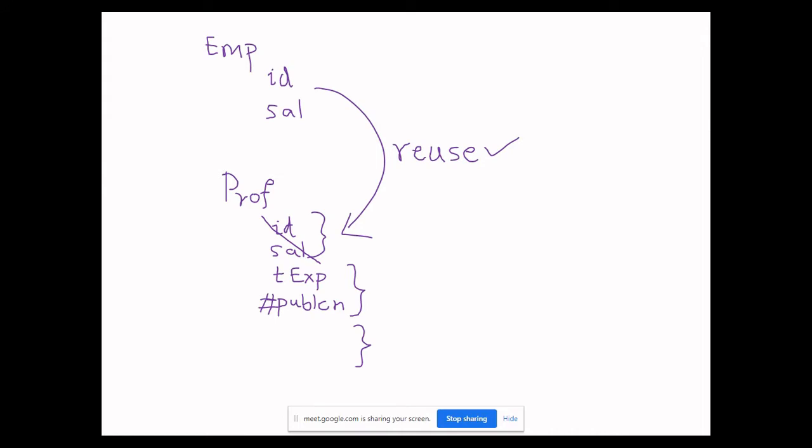Now we will move on to C++ specific features with respect to inheritance. It is not just C++, any language that supports object oriented programming has a support for inheritance. There are a few minor differences, but conceptually the idea remains the same.